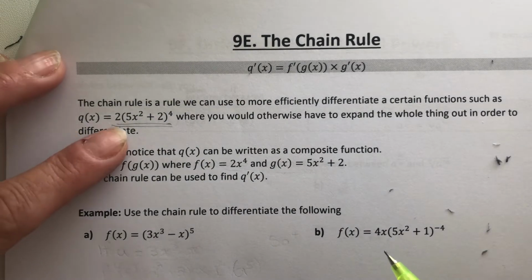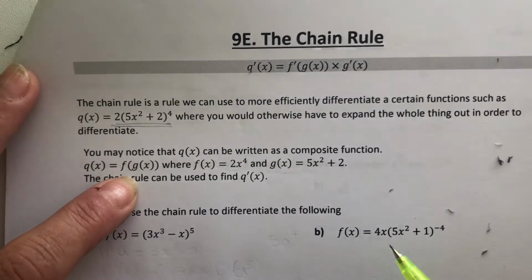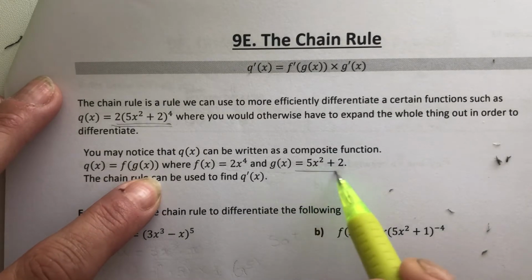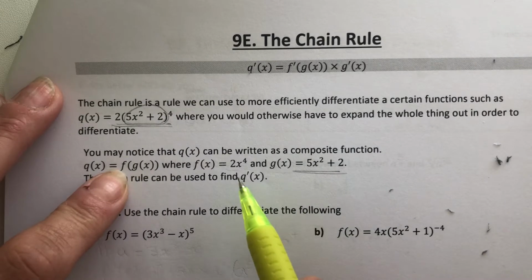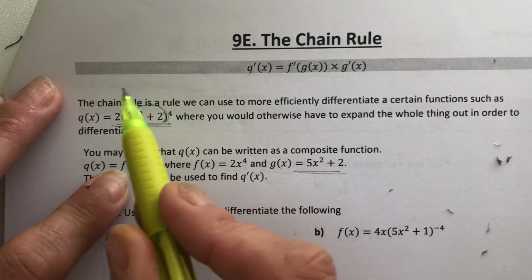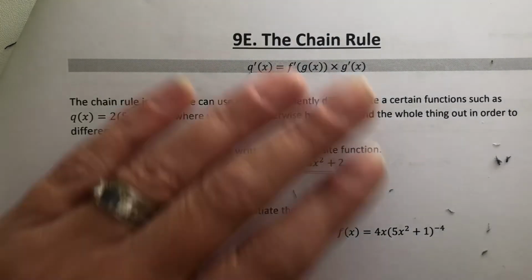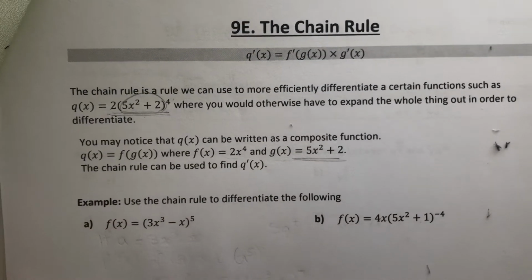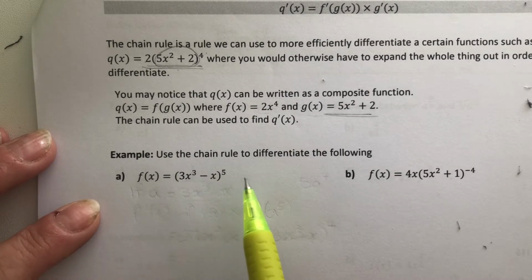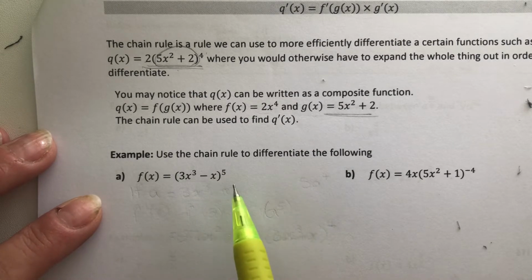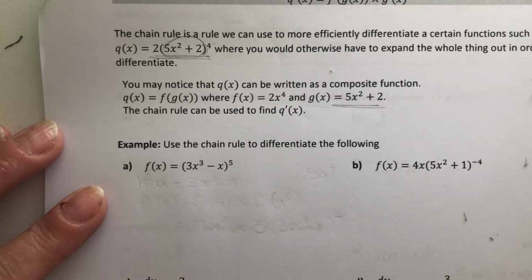done before is if you get something like this, we can also say that Q of X is equal to F of G of X, where G of X is what is inside our bracket and F of X is the whole function surrounding that, so 2x to the power of 4. Okay, now why do we use this? If we had a question like this, to expand that totally and then differentiate will be a waste of your time. It'll take a very long time and it would be a waste once I show you how to do